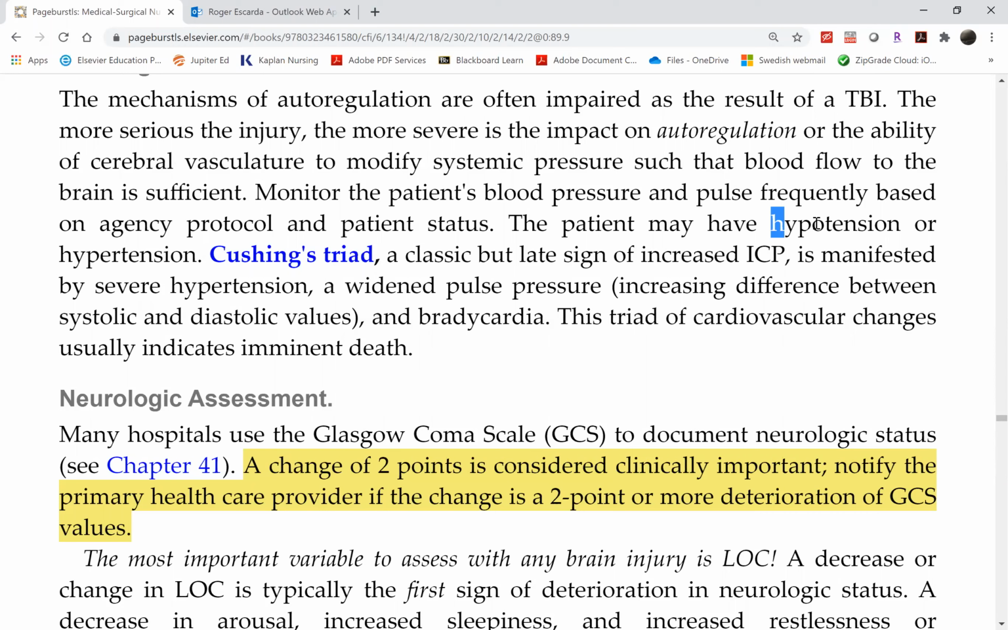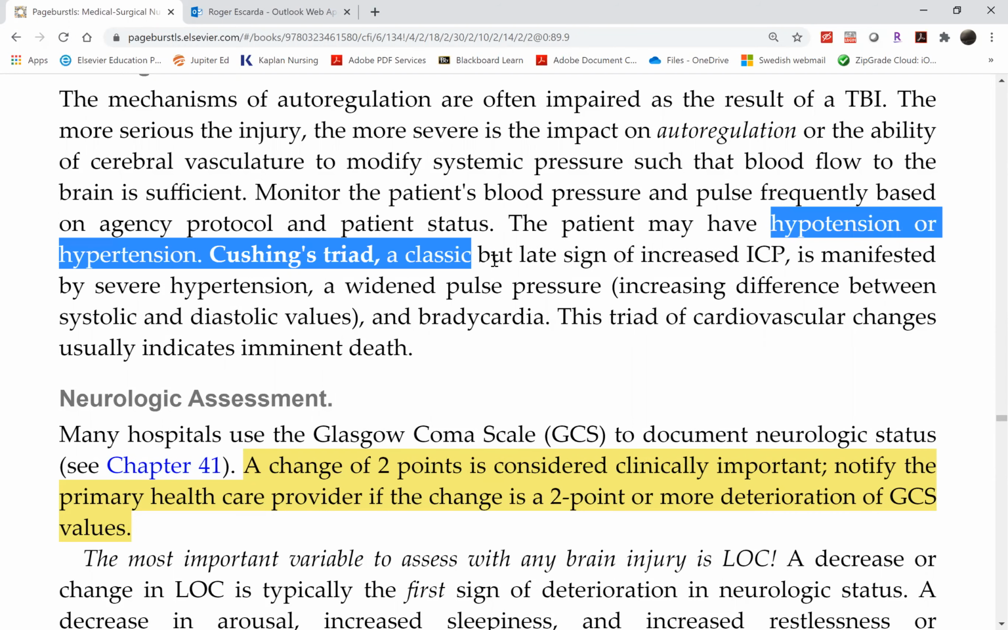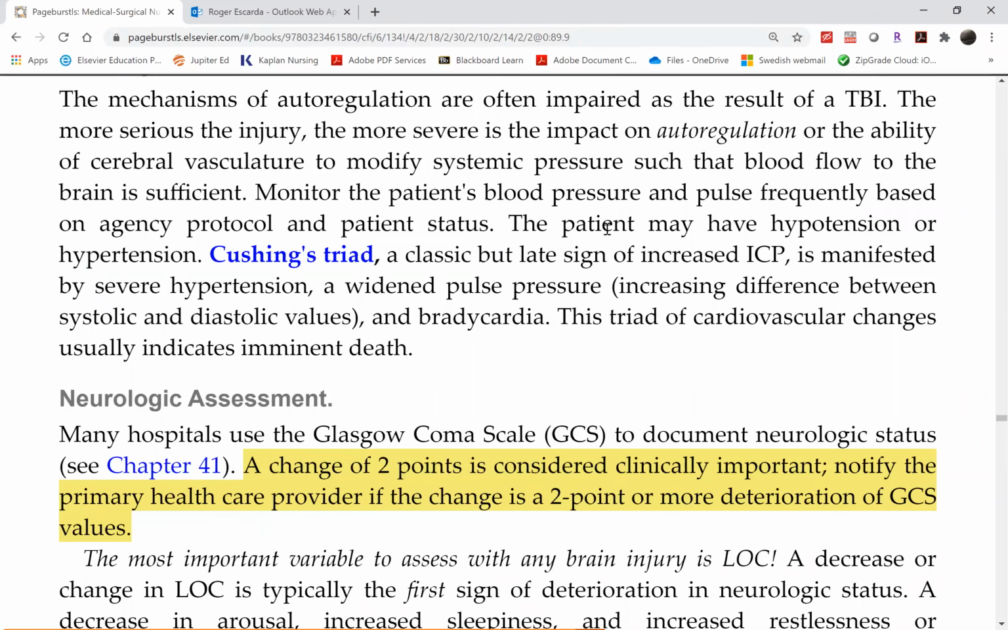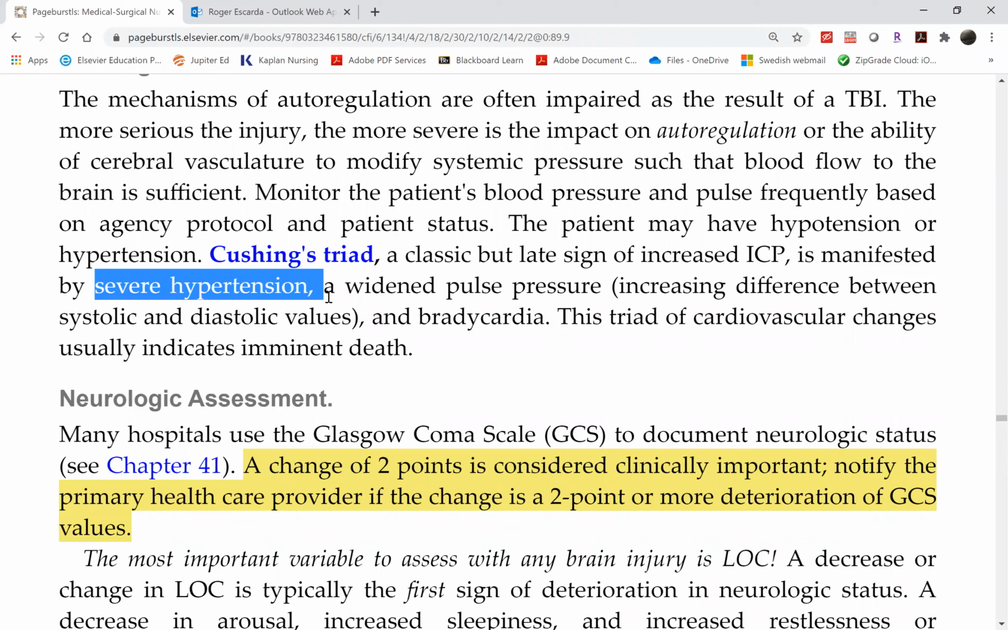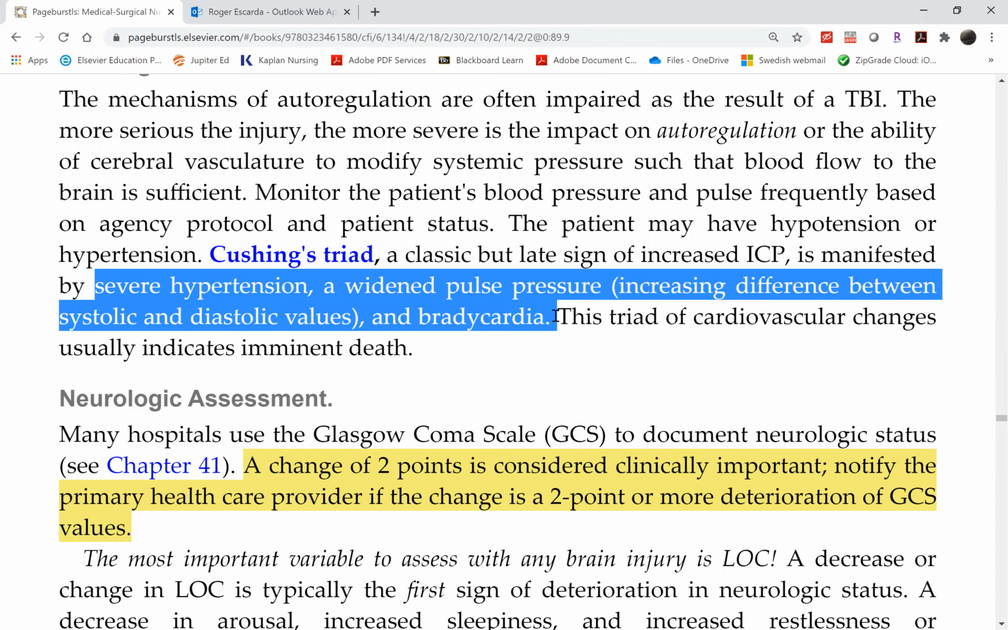Here they are, hypotension or hypertension, along with, sorry. Okay, here's the Cushing's triad. I was wondering why there was hypotension. It's not hypotension, it's hypertension. You have a wide pulse pressure and bradycardia. So the Cheyne-Stokes respiration will complete the triad, which is,